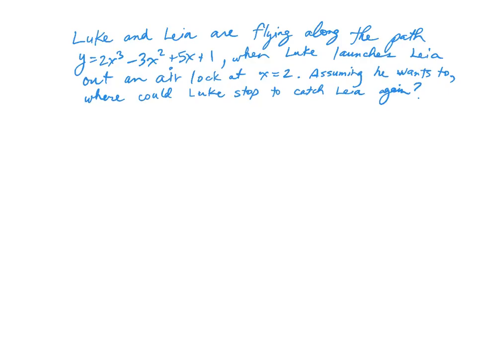I thought I would do this question with you just to help you out, seeing as we've had so many snow days. So what we have here is Luke and Leia flying along in a spaceship along this path, 2x cubed minus 3x squared plus 5x plus 1, when Luke launches Leia out an airlock at x equal to 2. You know how brothers and sisters are. Assuming he wants to, where could Luke stop to catch Leia, who's traveling along on this tangent that she got